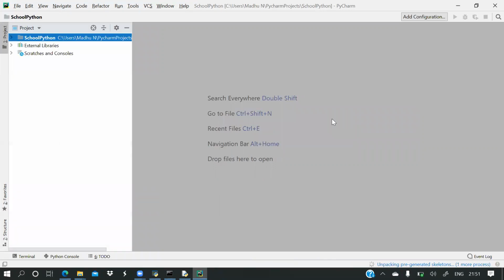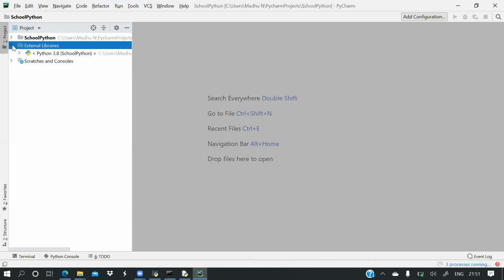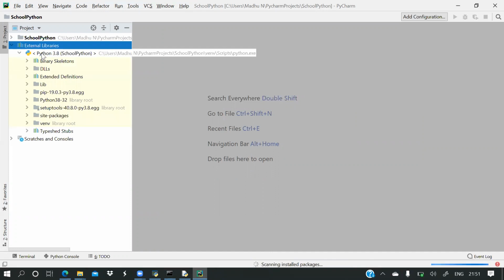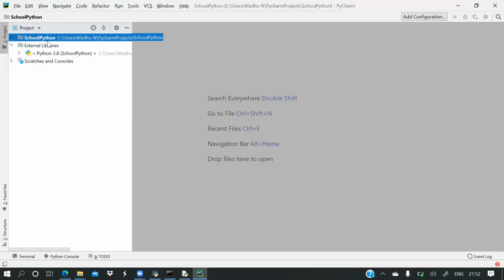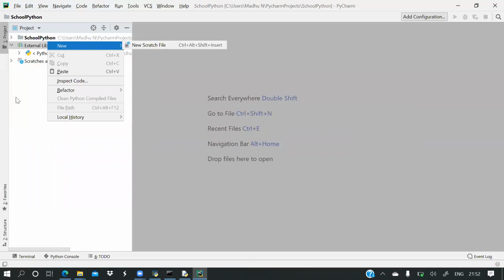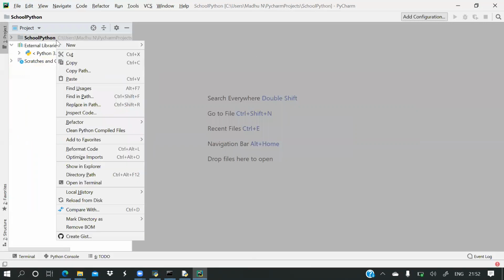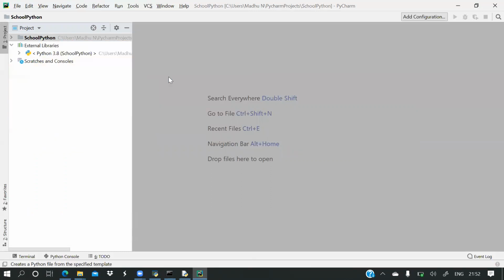See here, external libraries, that is all Python programs, our 3.8 editors. See here, this is the structure of Python. So here DLLs, libraries, all this will be available in our Python. Now, after creating this project, I have to create a Python file.